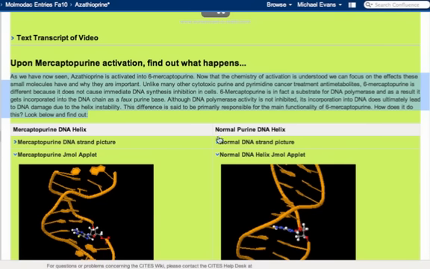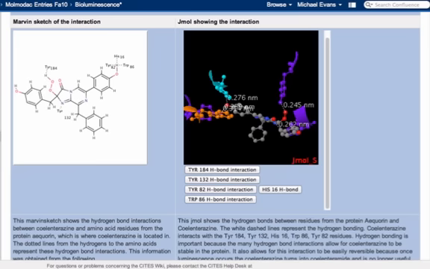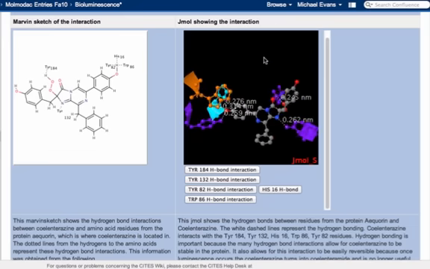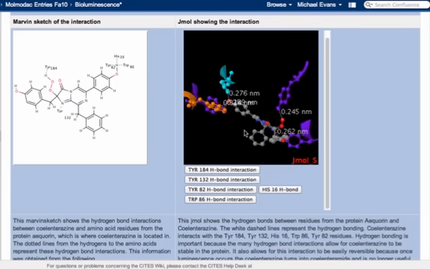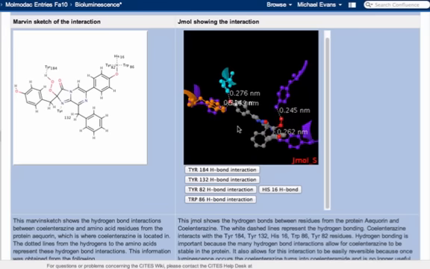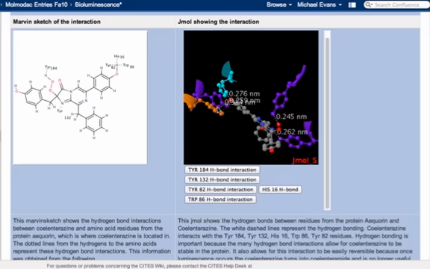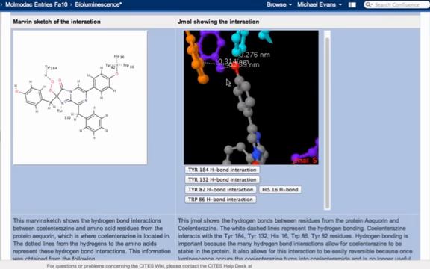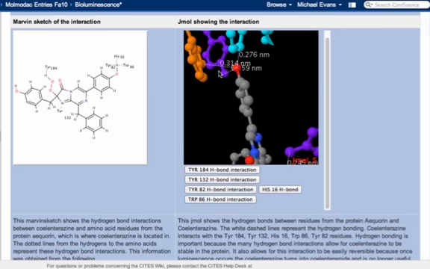Finally, one last example from the bioluminescence group has a Marvin sketch side by side with a JMOL that shows interactions between the protein aequorin and the coelenterazine ligand. What I like about this is that it cuts out the unnecessary residues of the enzyme and focuses only on what's important. And so in addition to measurements that are illustrating up close and personal the interactions between the ligand and the enzyme,